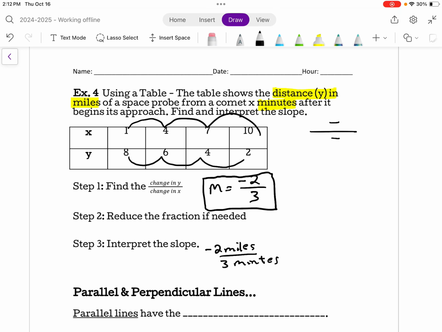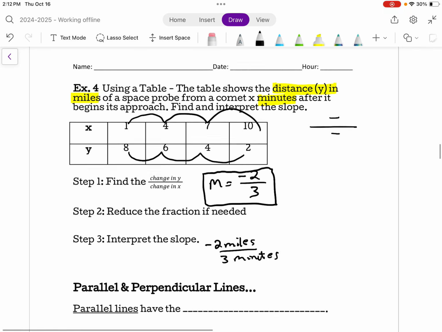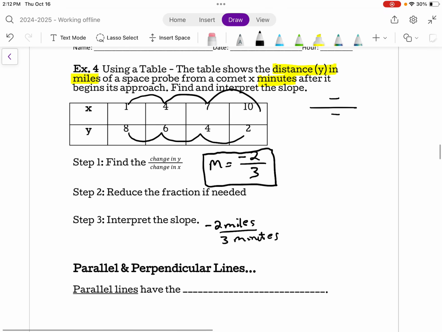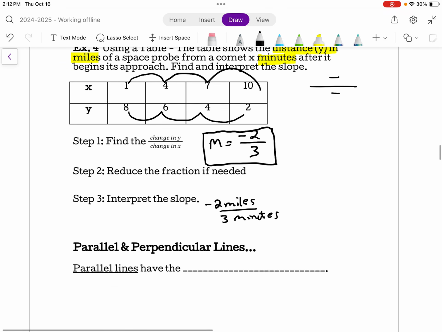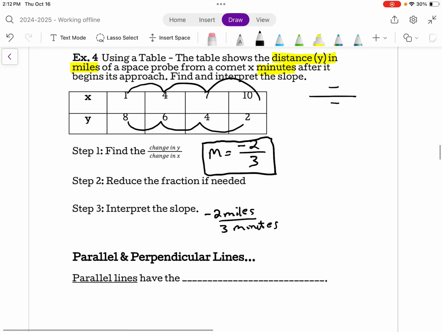So it's basically just looking at the situation and describing what the y value on top means and what the x value on bottom means. That'll conclude part 1 of this, day 1. I will have another video starting with parallel and perpendicular lines for day 2. But this is a long lesson, and